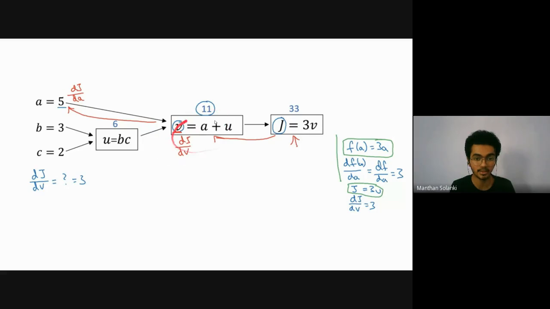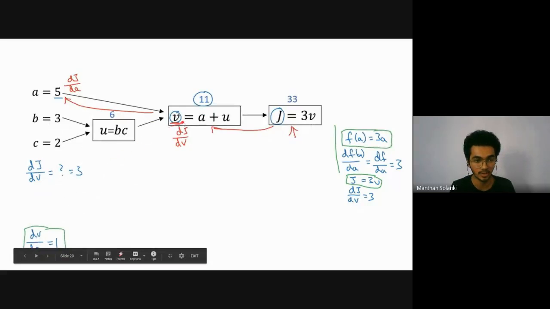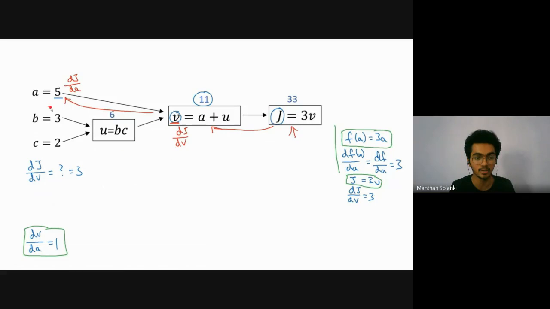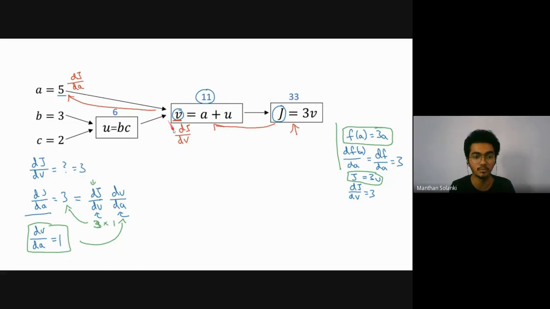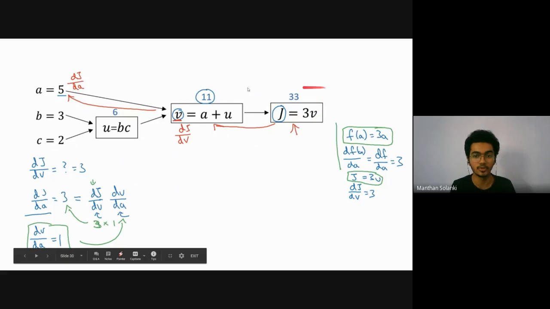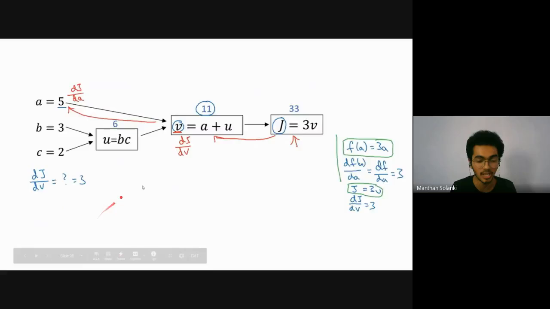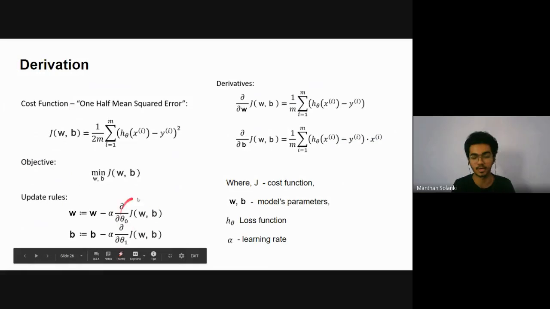So what we get as the output of this first order derivation is 1 plus 0, so this will be 1. Now what is the final value? This is dA, this is 1. And the final value of dJ with respect to dA is given by the chain rule: dJ with respect to dv multiplied by dv with respect to dA. So 3 into 1. So the derivative of dJ with respect to dA will be 3.